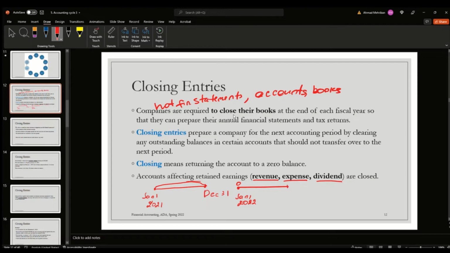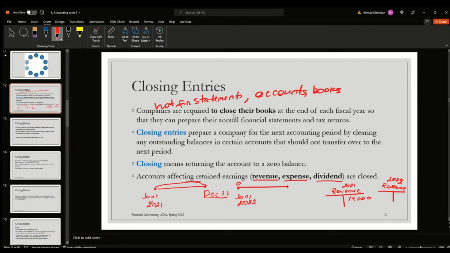So we have to close these accounts, bring those accounts to zero. So let's say that in 2021 we had a revenue account with a final balance of $14,000 that you have earned up until December 31. Before you start the new year, you open an account in 2022, you need to zero it out. It has to be zero, and the only way to do so is to enter